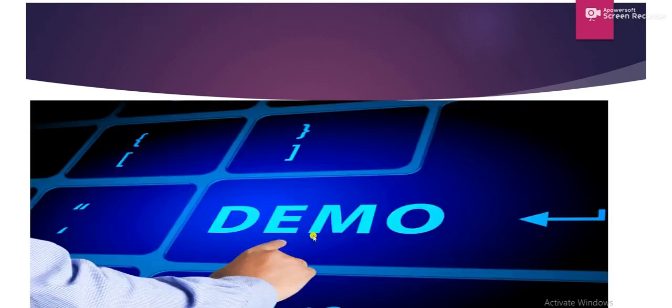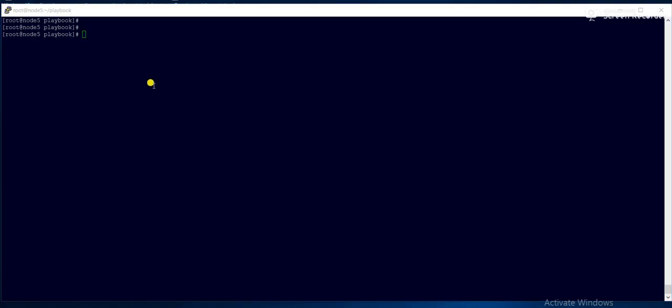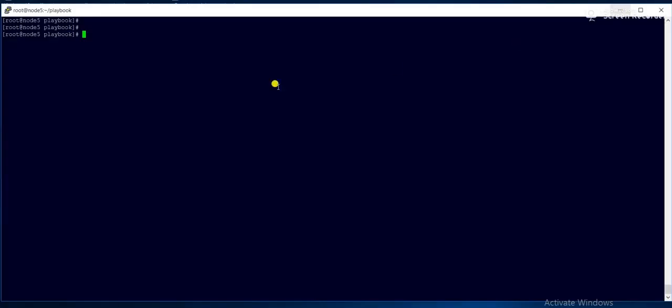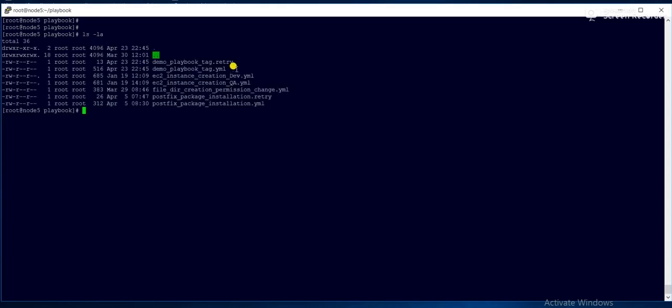Now I will show you how to run a playbook using tags. So friends, this is my Ansible host, which has the blue background color, and this is my client machine, where I will install the packages. I have created one playbook for testing.